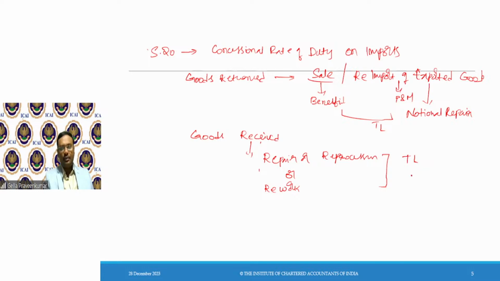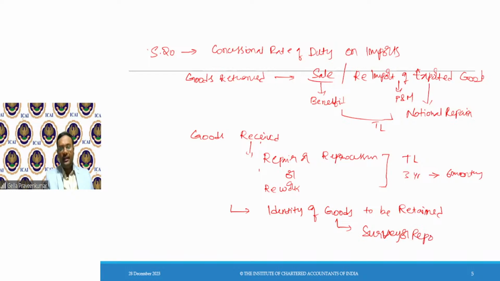back, and once the goods have been received in India, within a period of 6 months, I need to export back these goods, where I need not pay any customs duty. In this particular case, we have discussed that the identity of the goods is to be retained. How do we maintain this identity? I have explained the provisions connected with surveyor report, where this gentleman gives a report declaring that these are the goods which have been imported, which have got so and so particular batch number or any particular identity number.